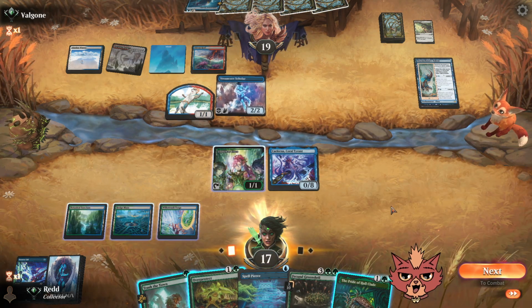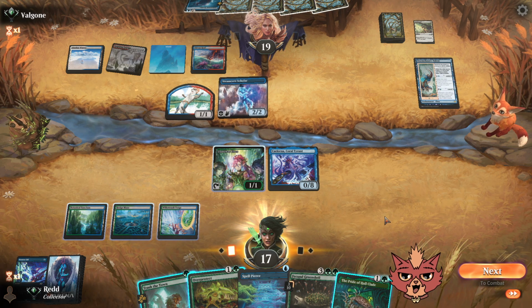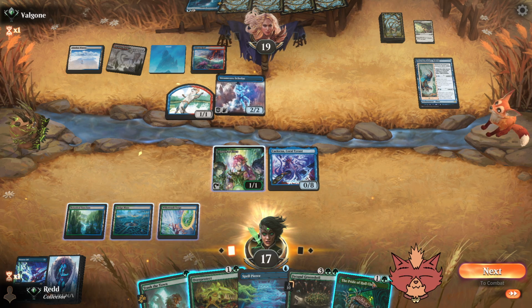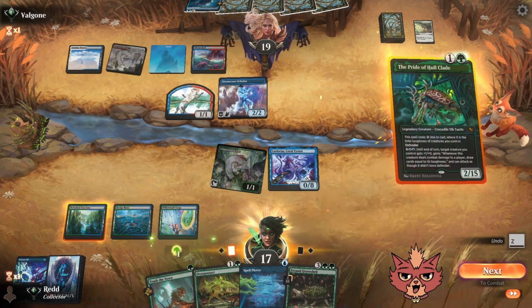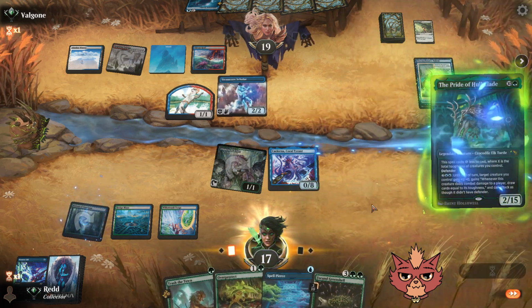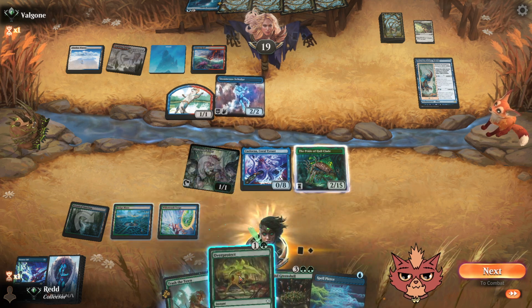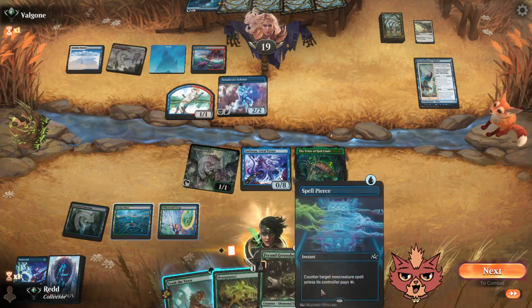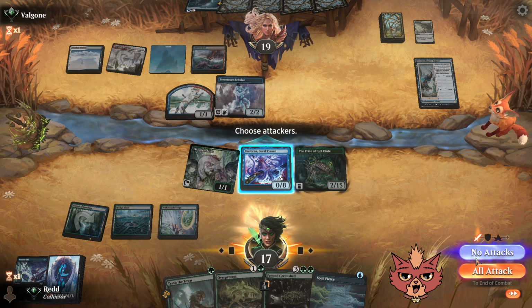Ooh, Pride of Hall Clade. 2 mana, huh? Nice. Very nice. I'll play it. I think I'll use Llanowar Elves. Green mana for it, too. It lands, no issues at all. Okay. That's the turn. A little bit awkward, but...